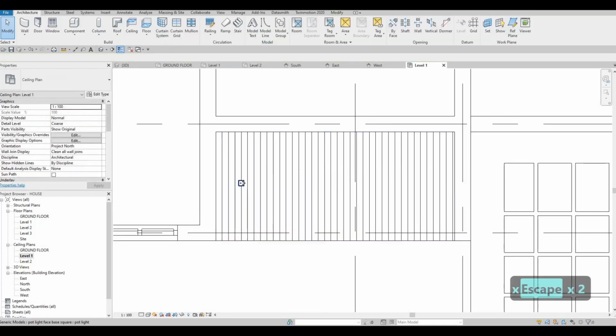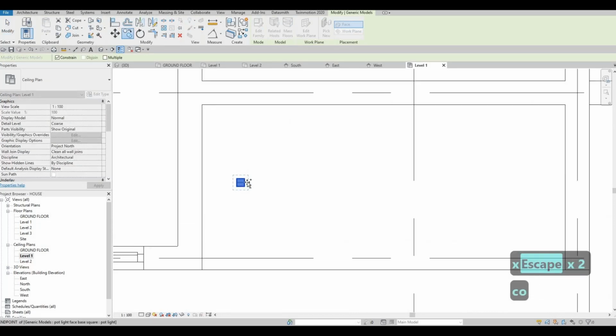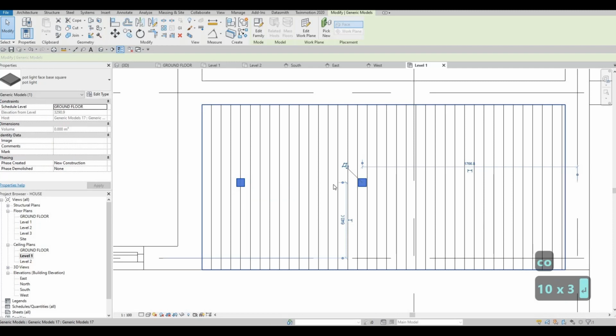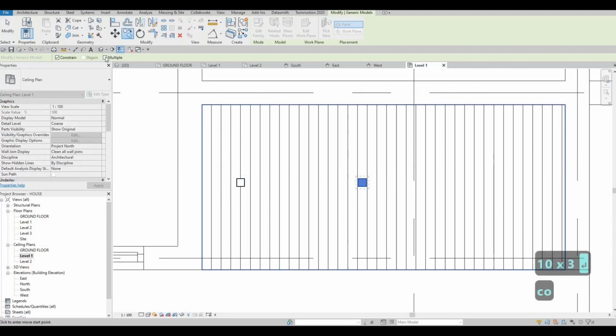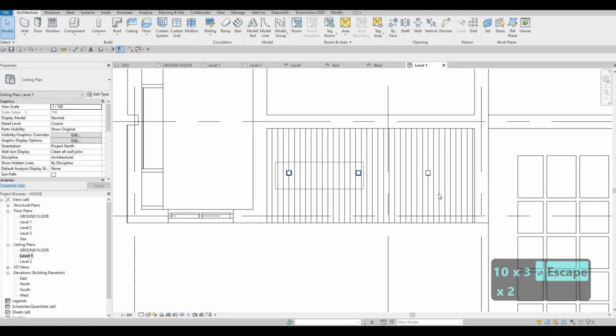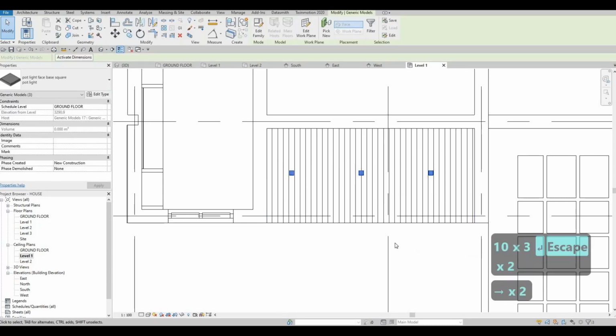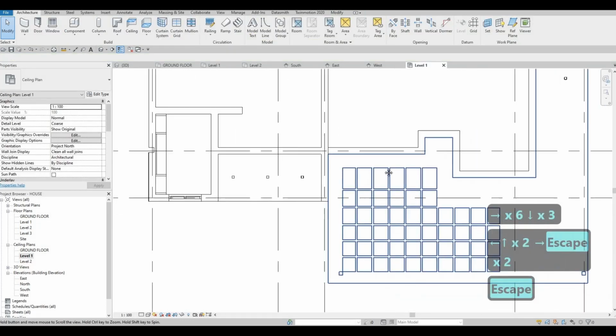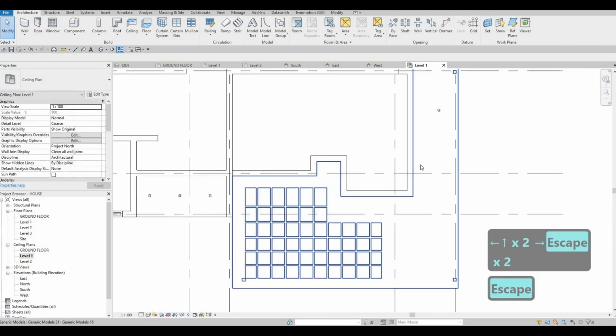So copy, and then I always like the 1000 millimeters. It's up to you. If you're going to do that, you can add more if you want. For me, I'm just going to add 1000 millimeters so that it's going to be easy for me once we're in Twinmotion to add those lights there. Also right here,